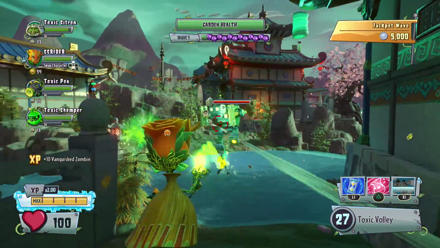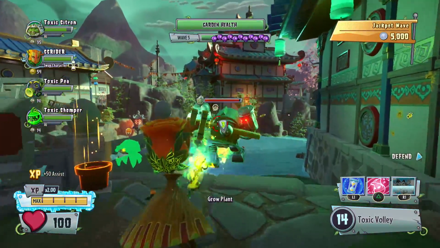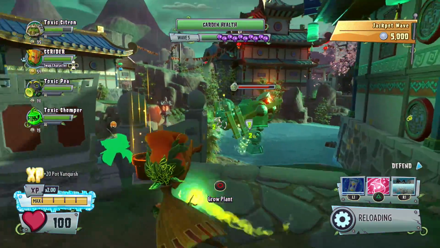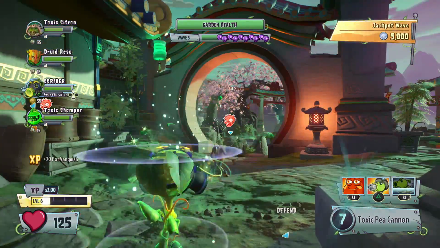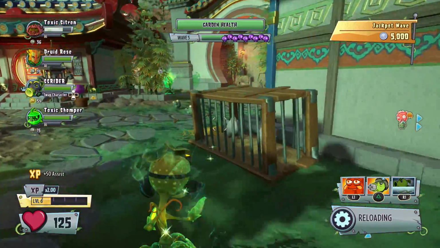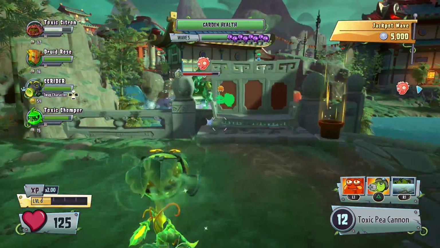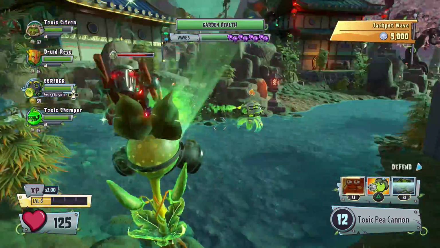Okay, let's go ahead and focus down the boss. I definitely want to play as the Toxic Citron. Let's slow you down, just like that. Really gonna hammer it down on you. I don't know where the pea shooter is, but the pea shooter could probably do the most damage to him, seeing how he has the sombrero bean, or just a bean. I always call it the sombrero bean when it's just a normal bean. I'm so sorry for doing that. I don't mean to